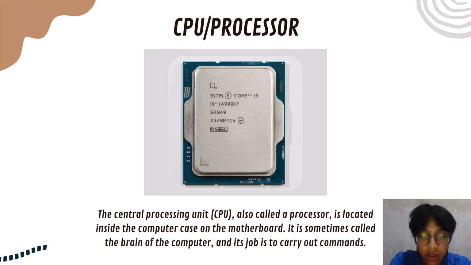The CPU fits into the motherboard CPU socket, which is covered by the heat sink, an object that absorbs heat from the CPU. A processor's speed is measured in megahertz, or millions of instructions per second, and gigahertz, or billions of instructions per second. A faster processor can execute instructions more quickly. However, the actual speed of the computer depends on the speed of many different components, not just the processor.